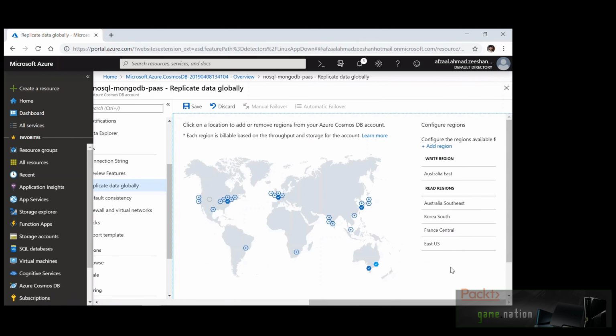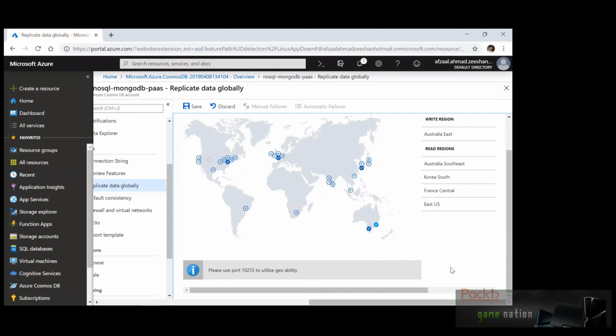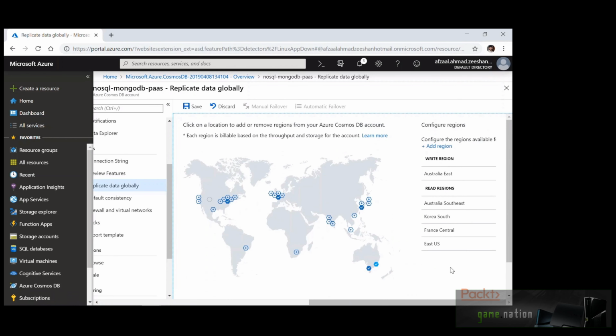Once we click on Save, Azure will redeploy our Cosmos DB instance on all of these locations as well. And that is how we can easily deploy an instance of MongoDB throughout the globe without having to provision any